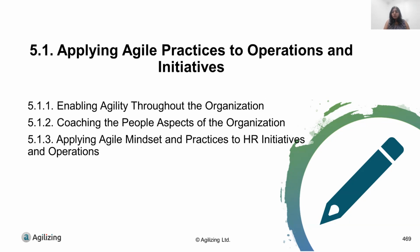HR plays a crucial role in addressing people-related challenges within teams. This includes understanding individual motivations, facilitating conflict resolution, and managing resistance to agile practices. It is important to recognize that agile values may not universally apply to everyone. HR can inform, guide, and facilitate conversations to foster understanding, collaboration, and adaptability, promoting a positive agile culture and effectively